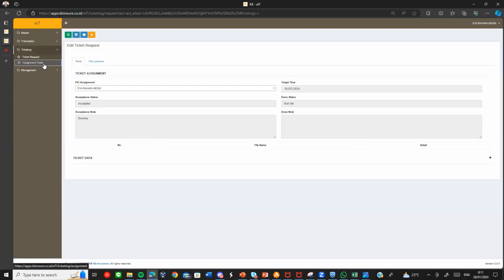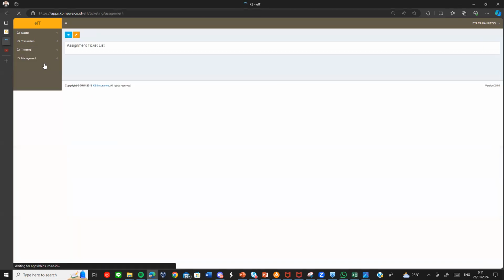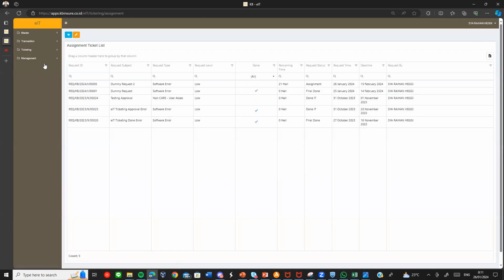And the assignment will be conducted in the assignment ticket submenu. This menu will only show the data assigned to the requester. For example, this is the request.